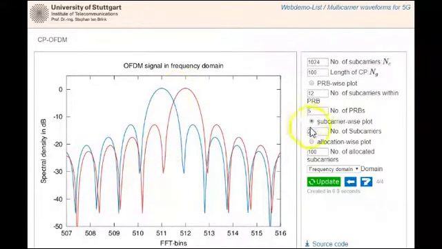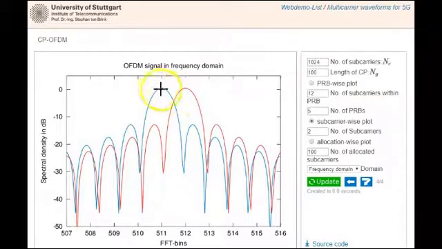I have taken 2 subcarriers, so these are closely spaced subcarriers and they are overlapping with each other. But that is not a problem because these subcarriers are orthogonal, which means that if we see 2